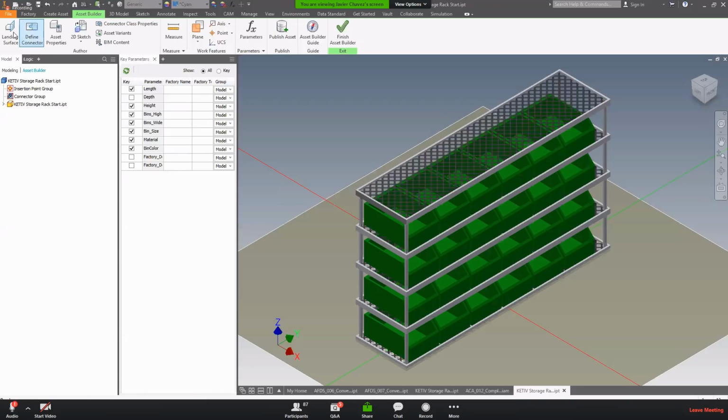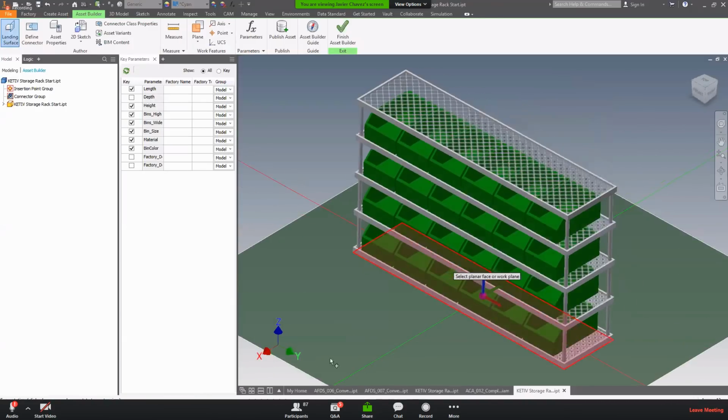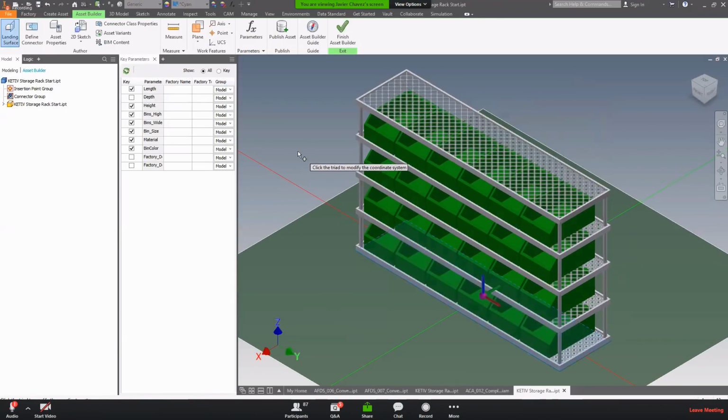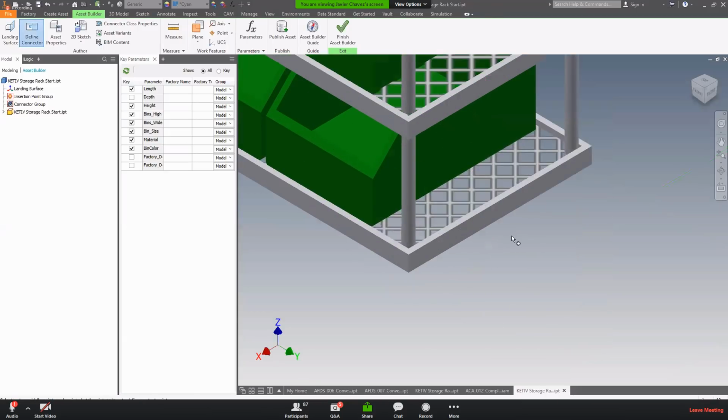Okay, so again, we're going to tell it where the landing surface is, right? And that's going to be down at the bottom there. We could also additionally tell it a few other things as well, like how to insert this. In this case, I think I'm good. And I'm going to define connectors, okay? So you don't necessarily need a work point. It will find the center of a surface,